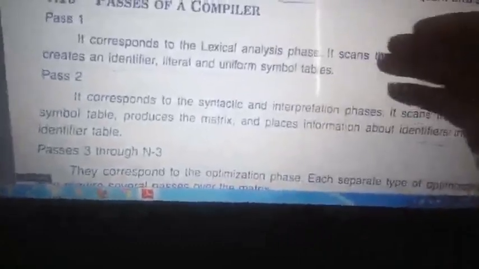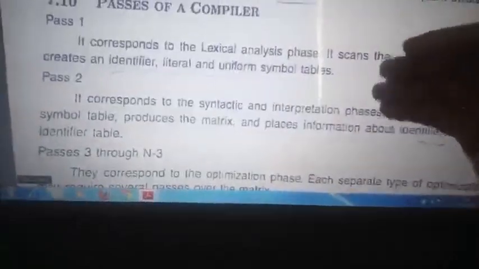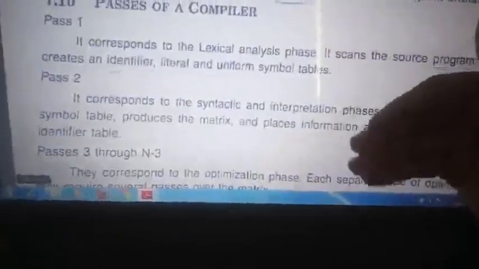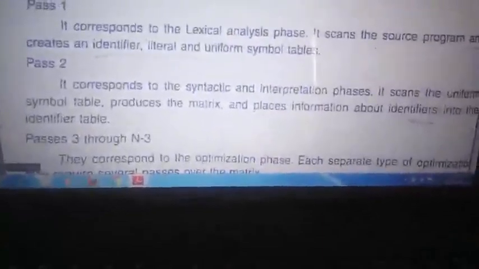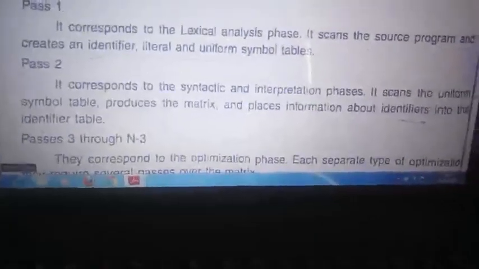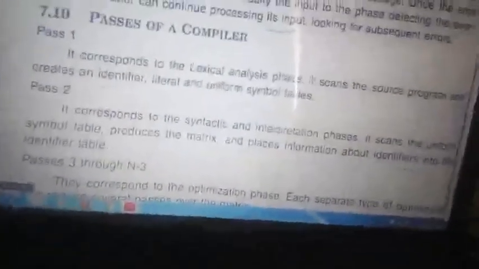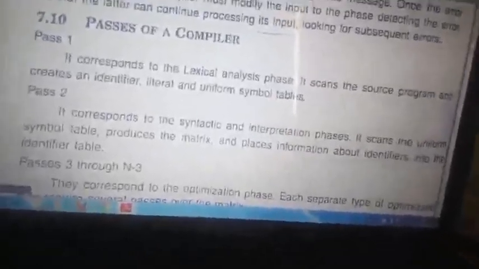Nothing but wherever you have a lexical phase, syntax and interpretation phase, clear, recognizing. After that you have the intermediate phase. So till here it's machine independent. After that we will start with the machine dependent, meaning optimization. Whenever you go with code generation and optimization, from there it depends on the machine, because of what type of registers you are using. After the storage phase, the 5th phase, the complete thing is machine dependent. Till that it is machine independent.